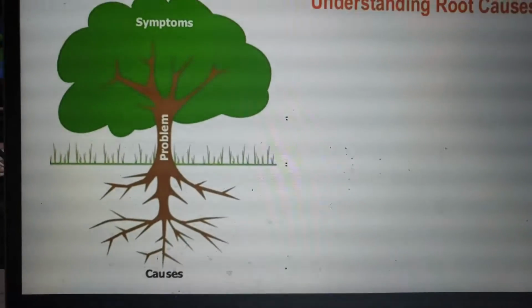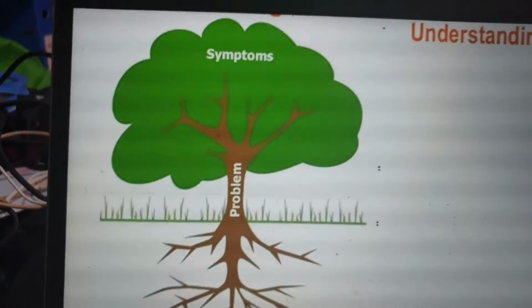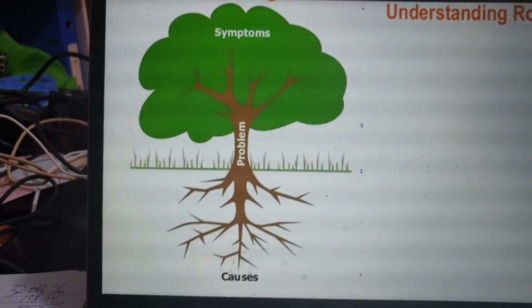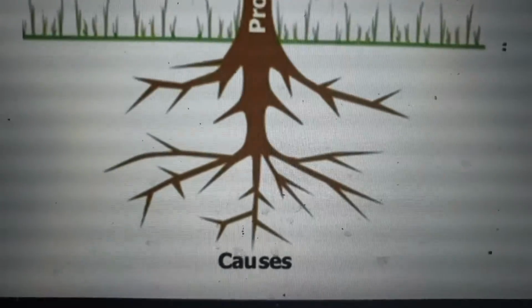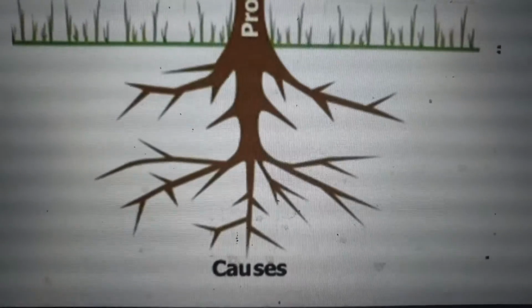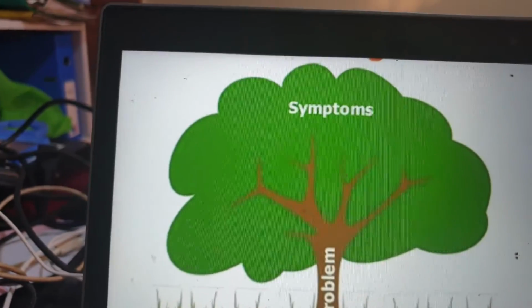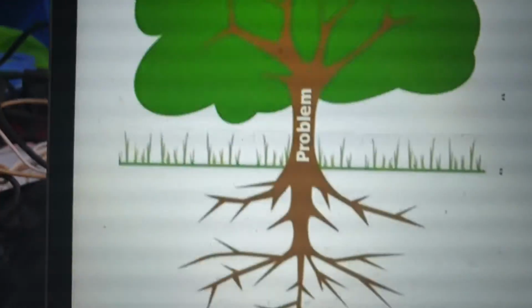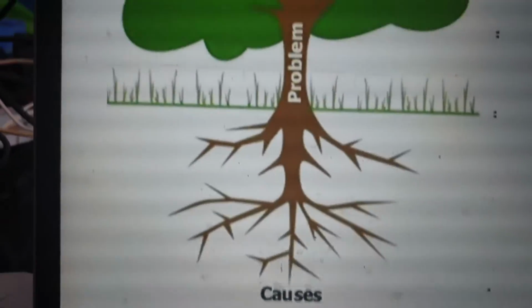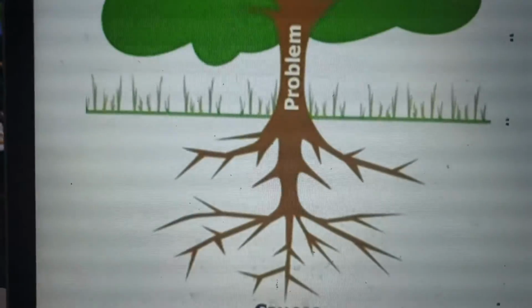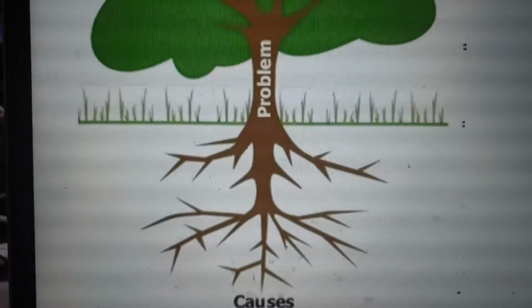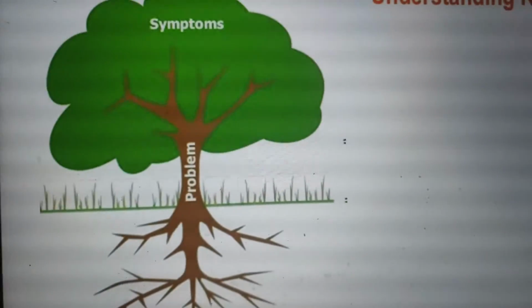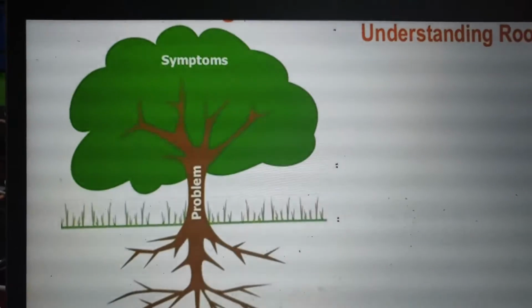So there we are. We want to understand the root causes. That's a tree. The causes are there, the root causes. They're actually hidden. They have to be found. But what we see on top, the symptoms, the tree there, if the fruits are sweet, then probably the soil, the roots, are fertile. If the fruits are bitter, then probably what is hidden down there is acidic, and then the problem over there. So this is an illustration of a problem tree.